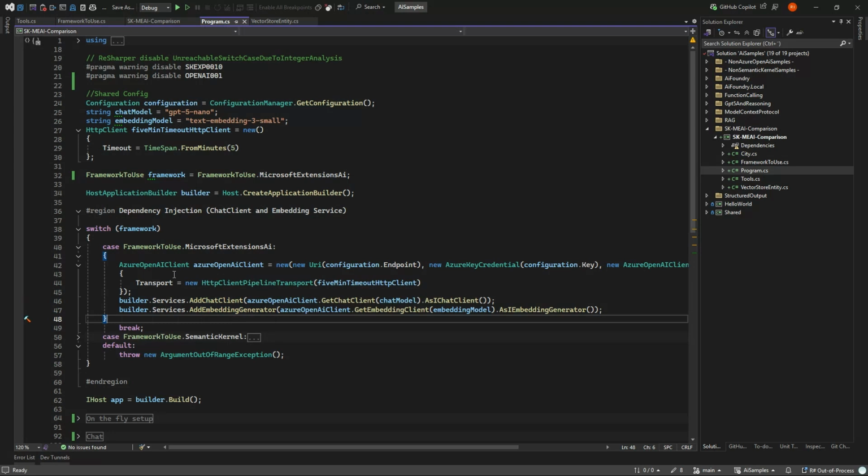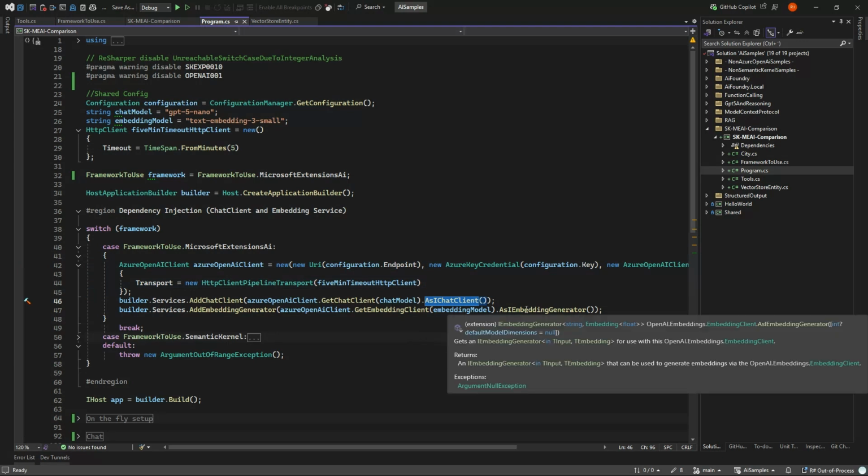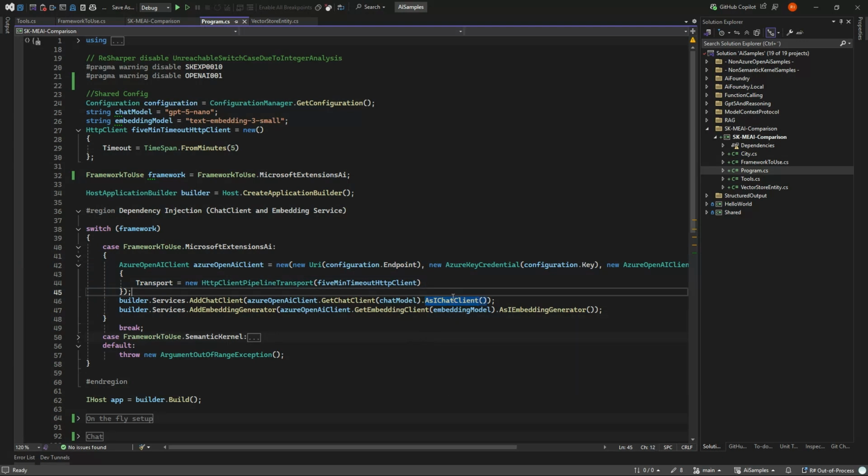Because this is the raw thing that doesn't know anything about Extensions AI, we have these as IChatClient and as IEmbeddingGenerator.